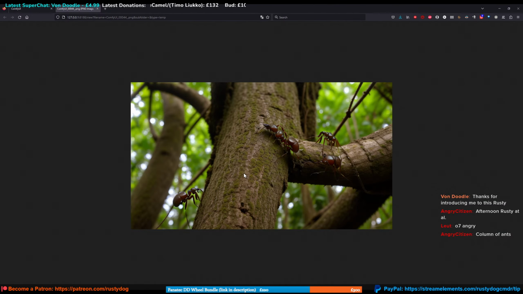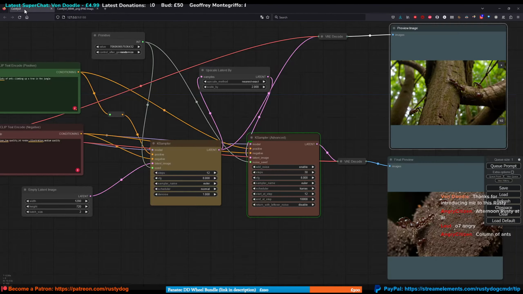Jeez. Let's just pretend that's a little bit of the tree, or a very thin tree or a very small tree, because those ants are huge. Maybe there are certain species of ant that are just mega ants. So you can see this green box is lit up, so this is where it's at,